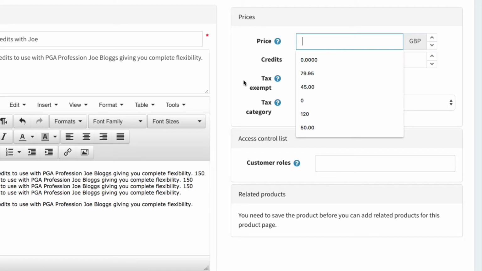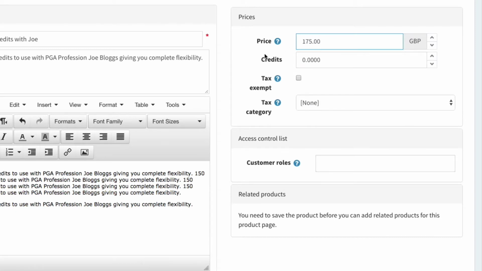So generally with bulk purchase options, you're potentially selling the price per minute cheaper than you're selling a single lesson for. So let's say, for instance, the price for 30 credits with Joe is £40. So let's say equivalent for that customer purchasing the same amount of credits would be £200. So 5 times £40 is £200. However, I'm going to reduce this slightly to make it a little bit more incentivized for someone to buy in bulk. So let's say 150 credits is instead going to cost this customer